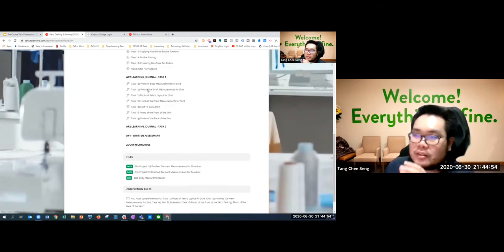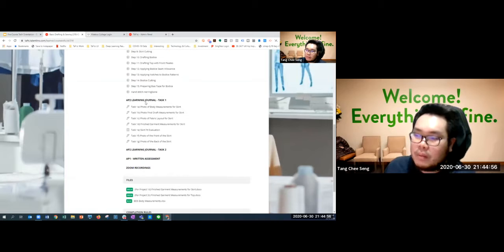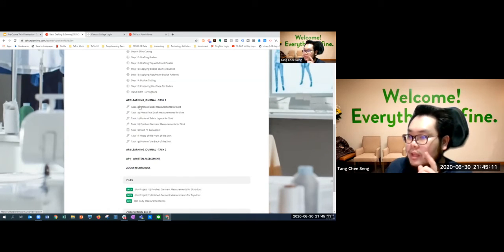Okay, then the next part is your learning journal. What happens in this learning journal is you're going to have some things that you need to do for your entire class. Step by step, there'll be instructions on what you need to do. I highly advise that you read the instructions on this question before you do it. So for example, there is one about, I think it was this one,